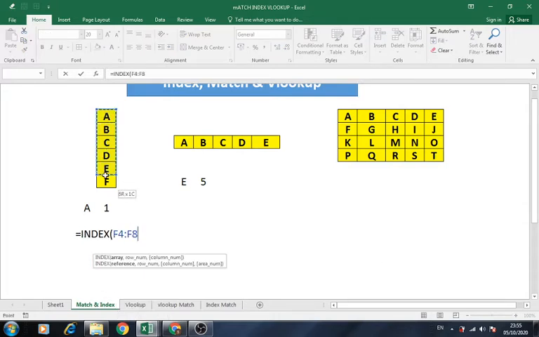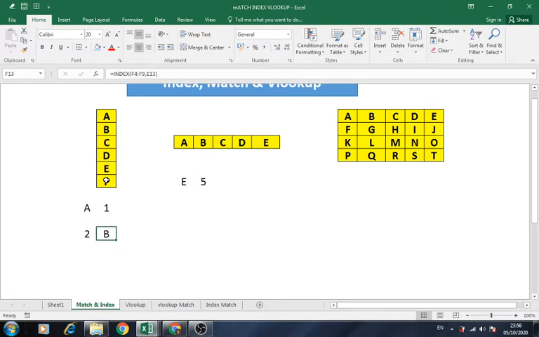In this list or array, I am referring set. Okay. So at the 2nd position of this list, we have B. So if we provide the position, index function will give us the value. Index is giving us the value. What is at position 1? A.